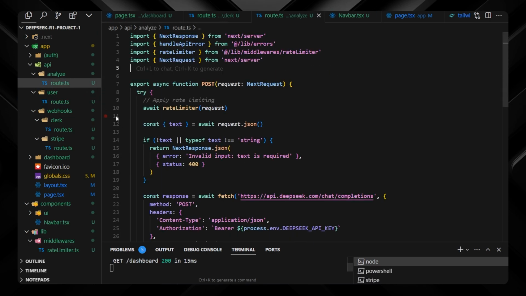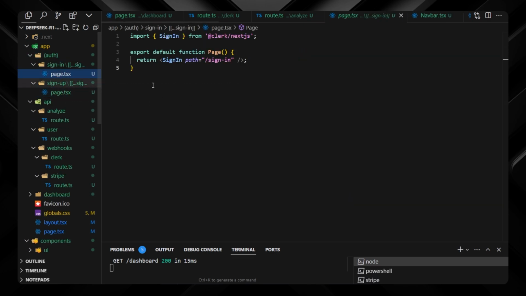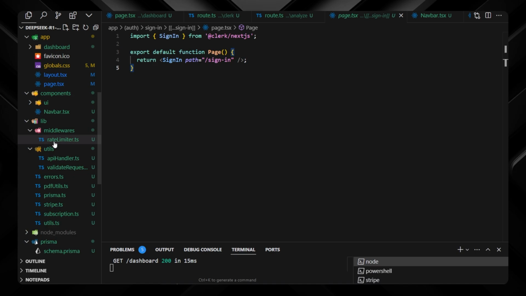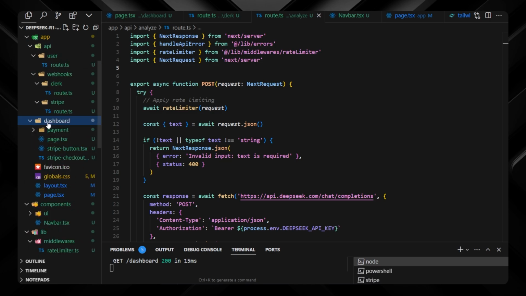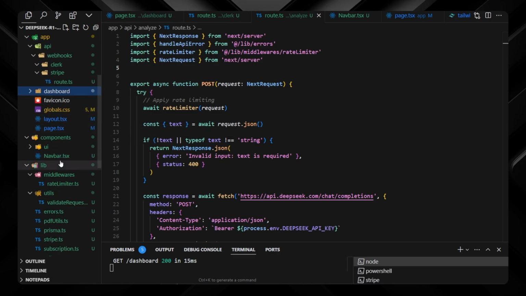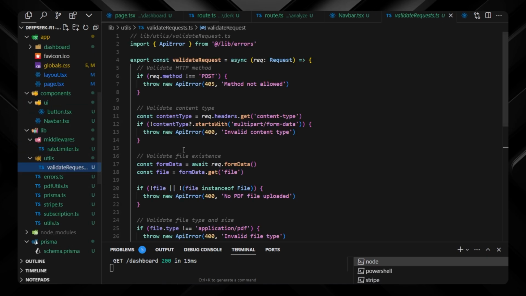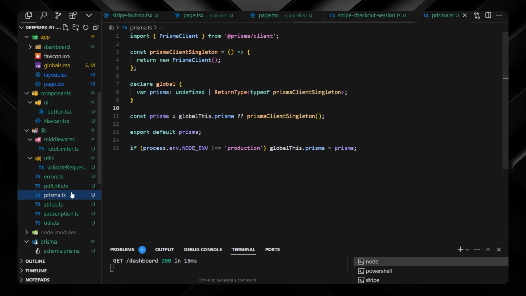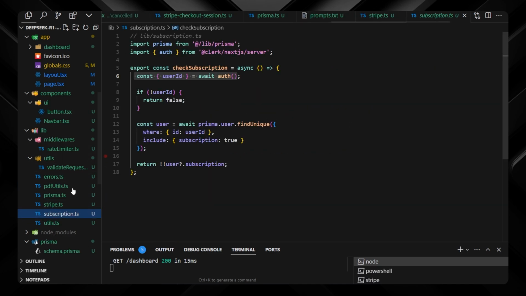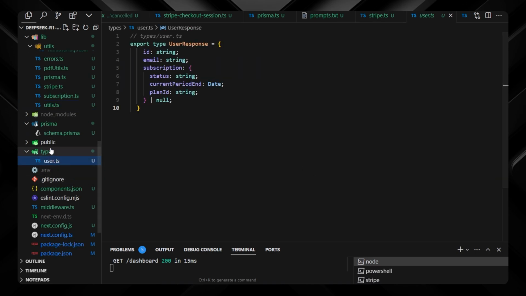We don't need this API key. And there it looks like everything is fine. Rate limiter, API handler is empty. Let's just delete it. I'm not sure why DeepSeek created it if it's empty, but okay. There we have everything. Looks like all the code is being used, so it should work. Utils, and there